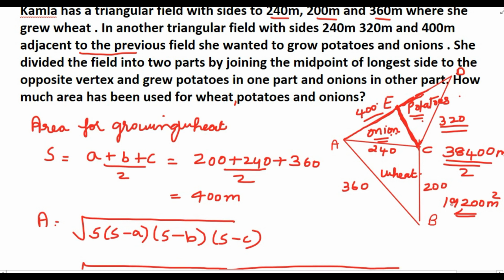So we got the area for growing potatoes as well as onion as 19,200, and the area for growing the wheat we got as